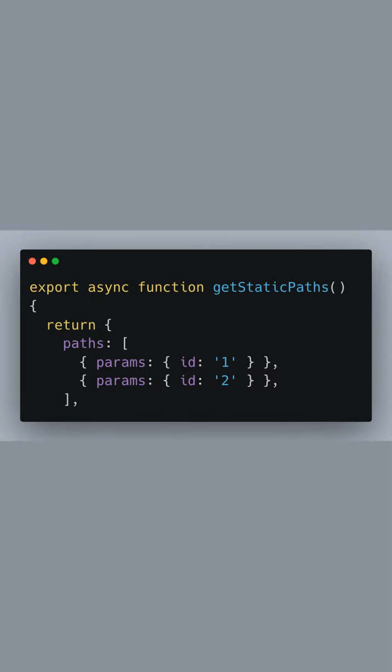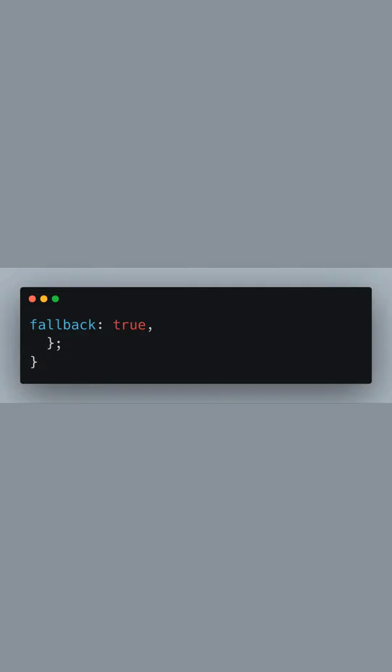Moving on to the getStaticPaths function, we define a set of paths that Next.js will statically generate at build time. In this example, we specify paths with the parameter id set to 1 and 2. Each object in the paths array corresponds to a route that will be pre-rendered by Next.js when we build our application. Finally, we set the fallback option to true, and this is where the true power of Next.js's static generation